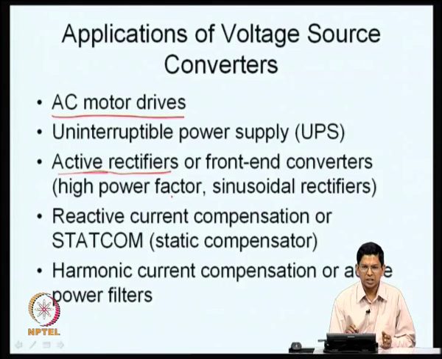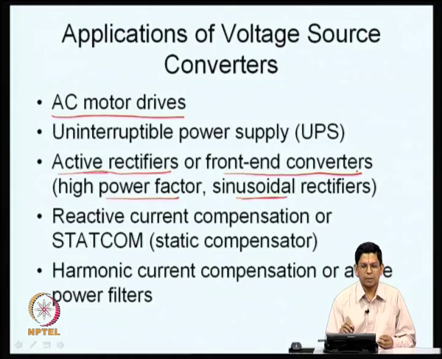So, we try making use of voltage source converters to perform this rectification, this AC to DC conversion, and those are called active rectifiers. With these, you can achieve a high power factor, and you can draw almost near sinusoidal currents from the mains. These are necessary things that you want. Active rectifiers are sometimes also called front end converters, because an AC motor drive is basically an inverter feeding an induction motor. That inverter requires a DC supply, and that DC supply is provided by such an active rectifier, and therefore it is also called a front end converter at times.